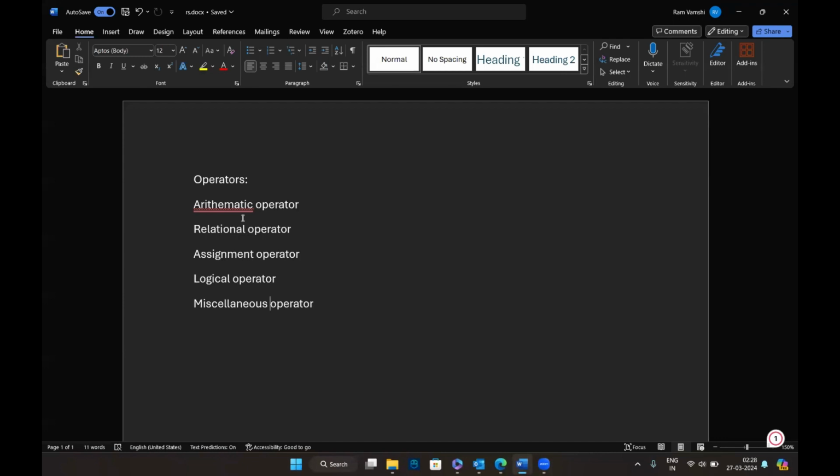Logical and means if both statements are true, the output is true. Or means if any of the statements is true, the output is true. And coming to the not statement, if A is true, then not A is false, and if B is true, then not B is false, like vice versa. Coming to the miscellaneous operator,